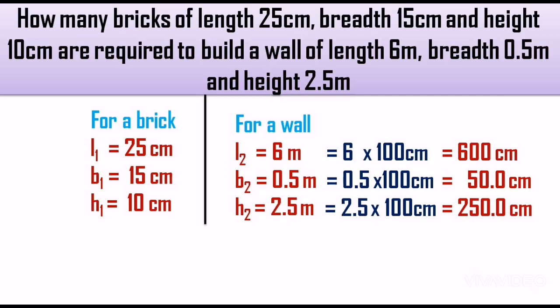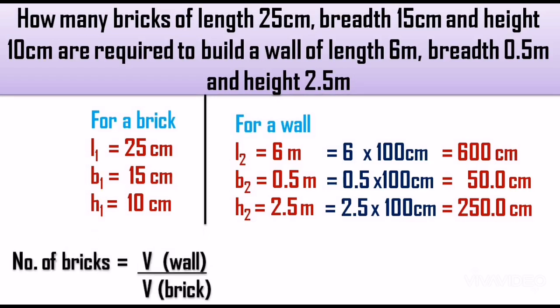We have decided that we will find the volume of the wall, volume of the brick, then we will carry out the division. So my dears, there is no need to calculate the volume of the wall and brick separately. We will just make a formula for that part, like number of bricks equals volume of a wall, that is the bigger part, the bigger volume, divided by volume of bricks. Okay, because the wall is made with the help of bricks, that is why the volume of the wall will be written in the numerator and the volume of brick will be written in the denominator.